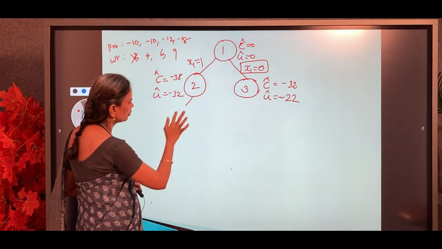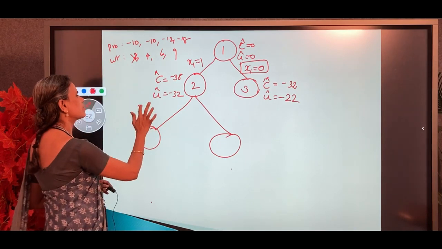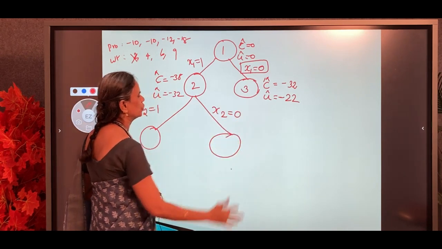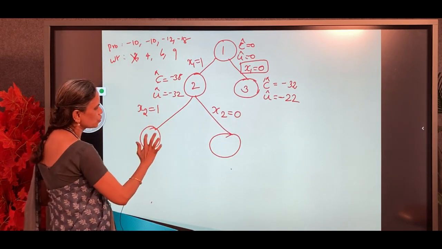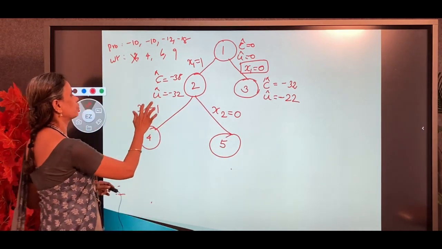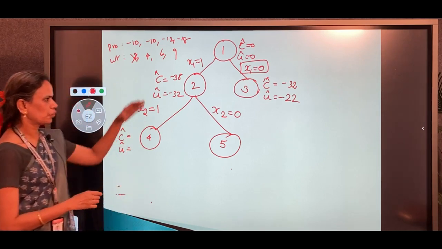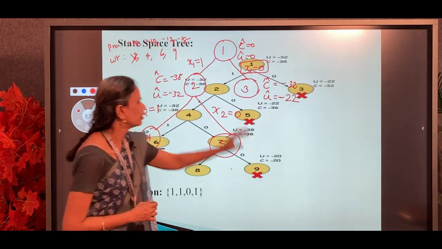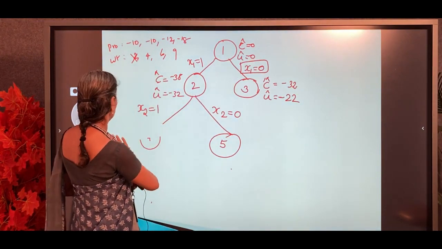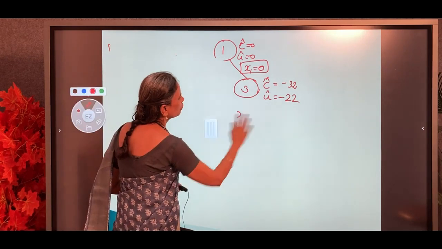Now I am going to insert, explore node 2 by considering the object 2 or not considering the object 2 as 0. Next, by considering object 2, this node can be named as 4 and this node can be named as 5. Then we have to explore, again we have to find out the C cap and U cap. In this way we have to calculate for all the